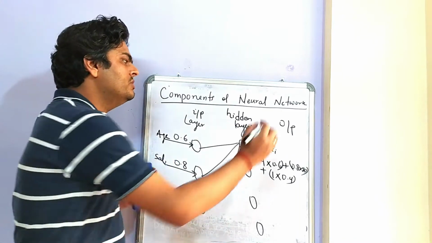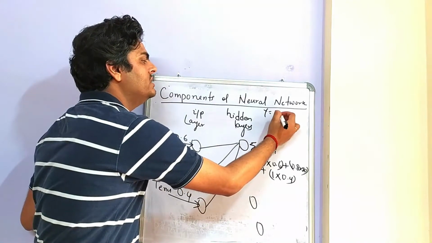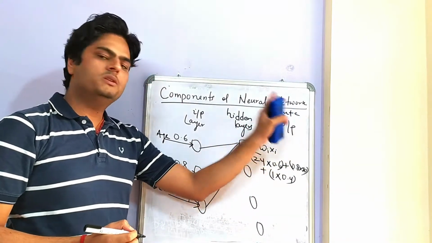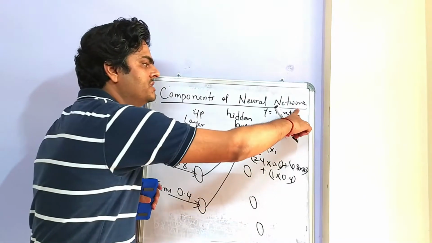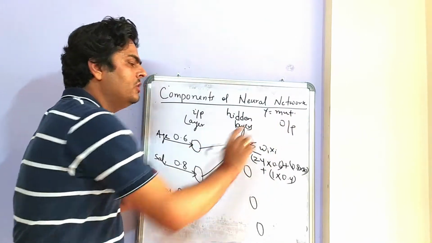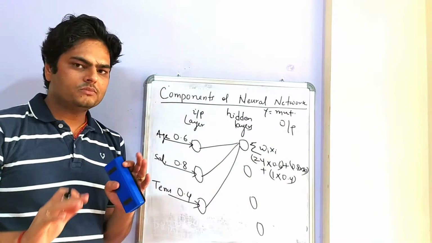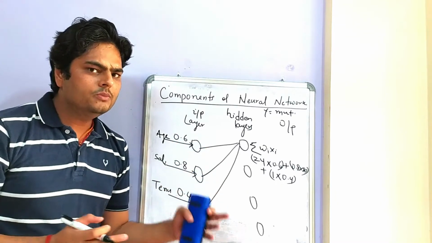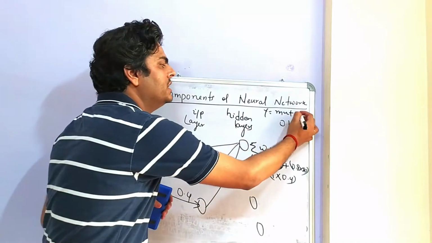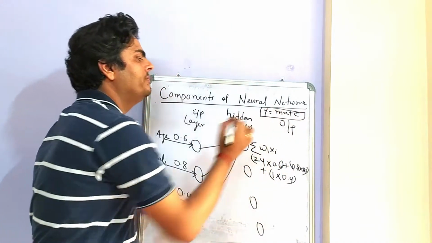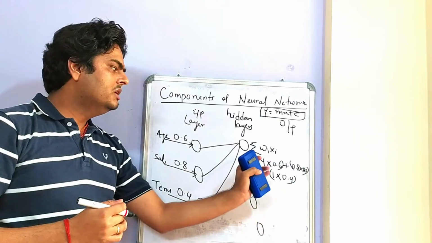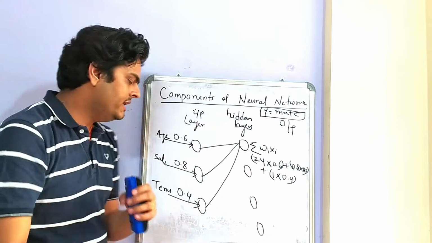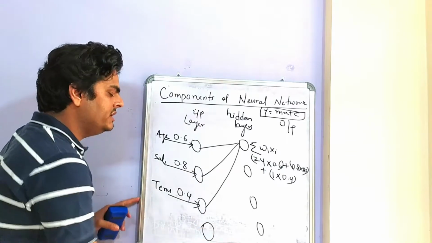A bias term you can understand from the equation y = mx + c. In the equation y = mx + c of a straight line, if c is 0, then this line always passes through the origin. But that does not happen most of the time in the real world. So what we do? We just put a c here to make the line more flexible. Similarly, in our case, wixi and one more initial bias is added to add more flexibility to the model.